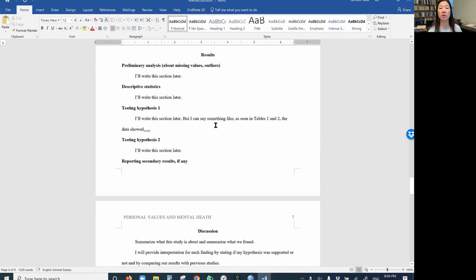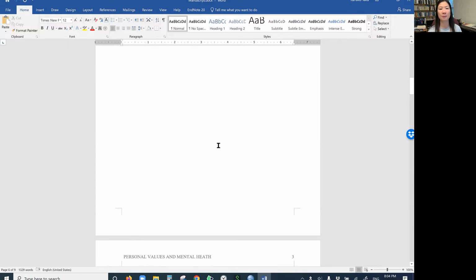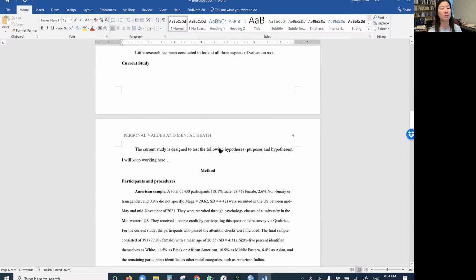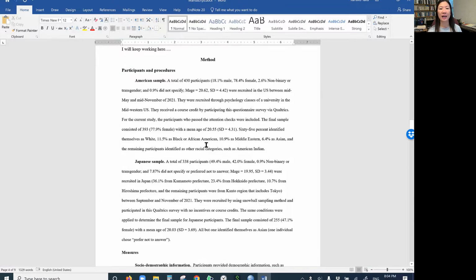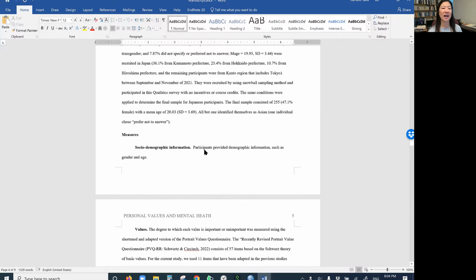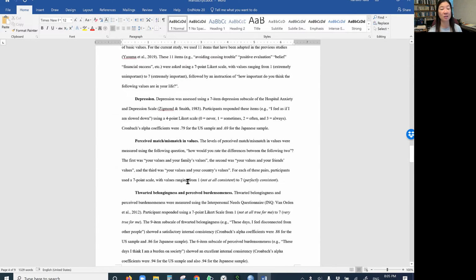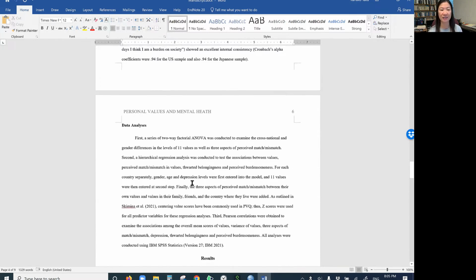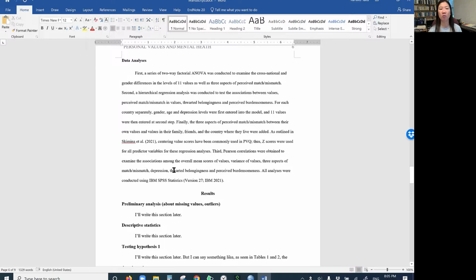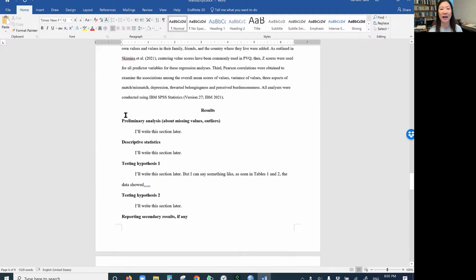For the method section, I started with the outline a couple of days ago, and then I skipped the intro and started with the method section. After I recorded YouTube videos, I found a couple of grammatical errors, actual errors in the numbers, typos, those kinds of things. So I fixed that, and I finished the overall ideas for the method section. So now I can move on to the results section.